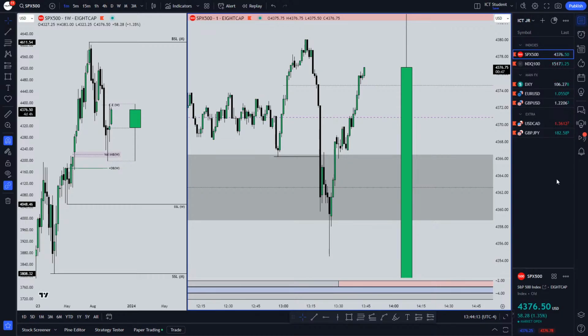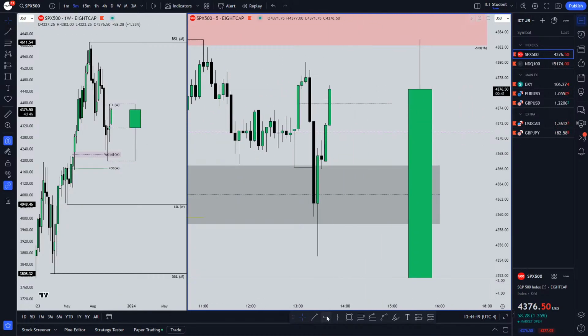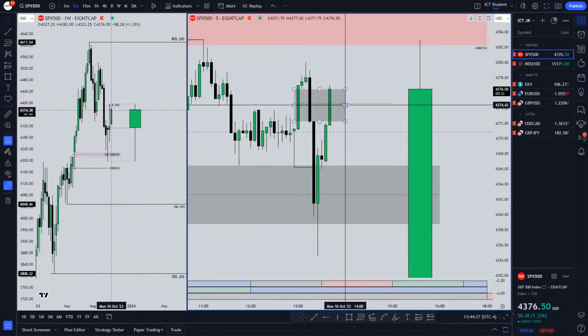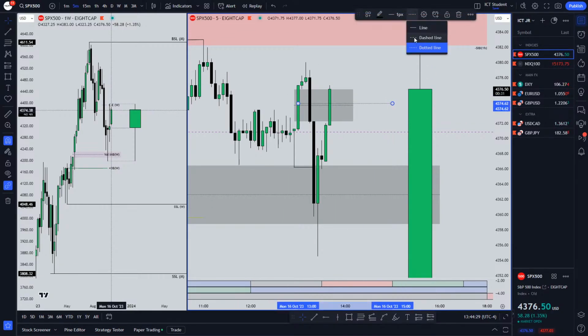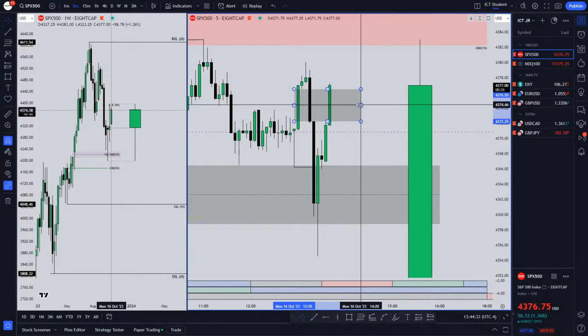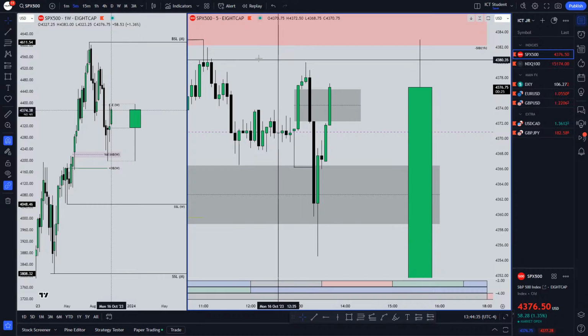SPX 1 minute. The BPR doesn't hold as resistance. Nah, yeah, it didn't hold. The 5 minute right here, it just looked like a big fair value gap here. If we close, it depends on how we close right now. Just this candle. Yeah, I feel like we're gonna close above it and just rally up, take out these highs. It just depends on how we close right now.